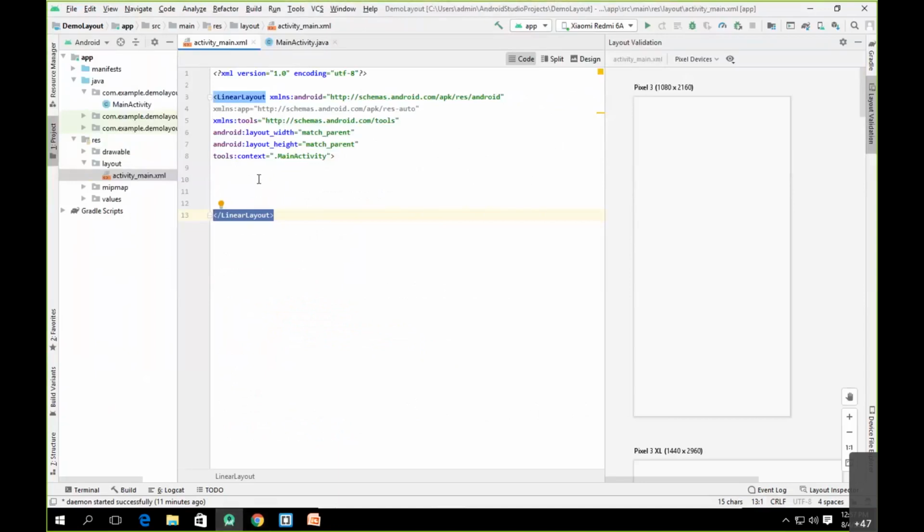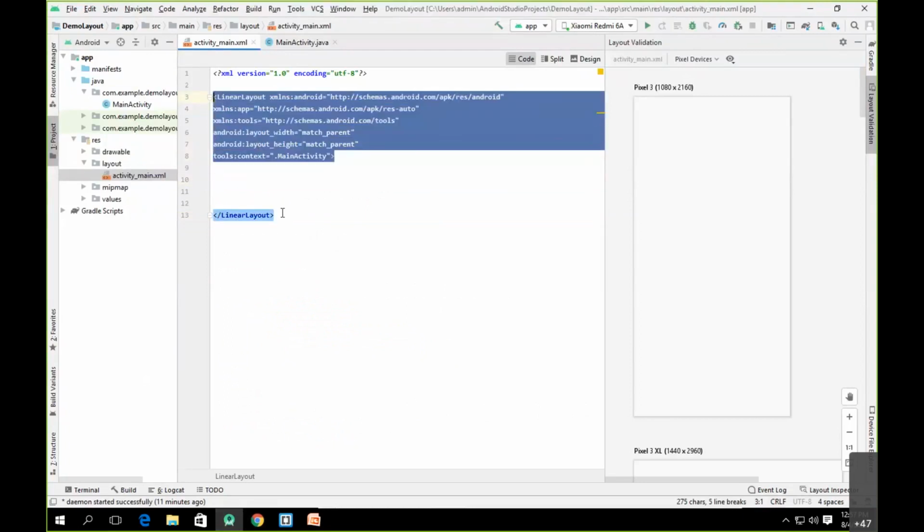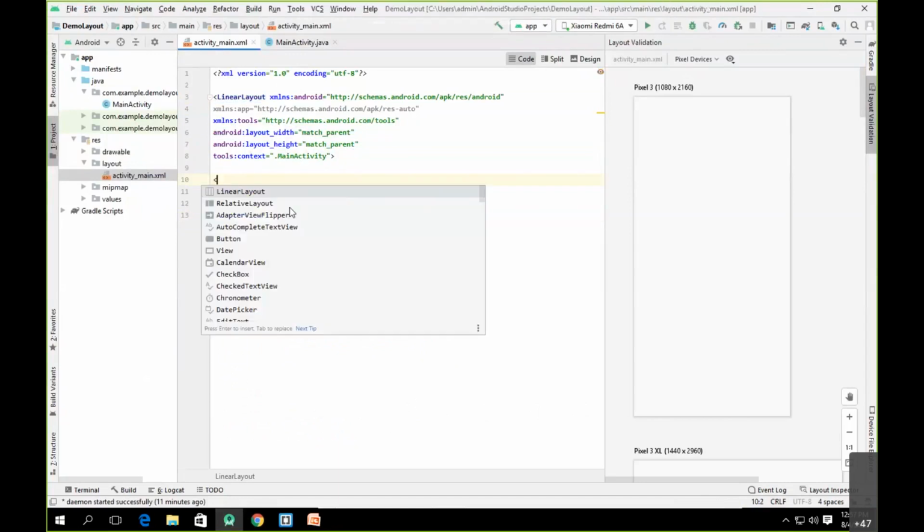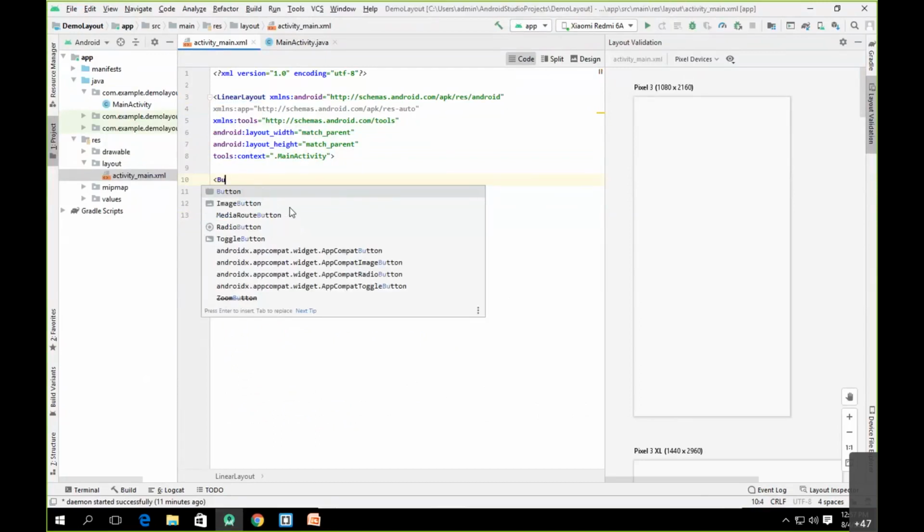Now, this is the linear layout. This linear layout consists of buttons. So I can say whatever buttons I'll be adding, I'll add within the opening and closing linear layout. So let's add a button. Since I'm referring to XML, I need to create an element button. To create the button element, simply use an opening angular bracket, and for a button simply use capital B. Now it will suggest one element that's called a button.